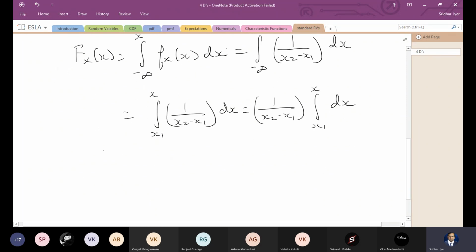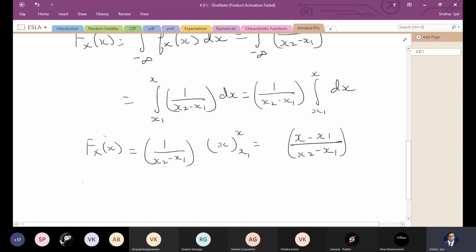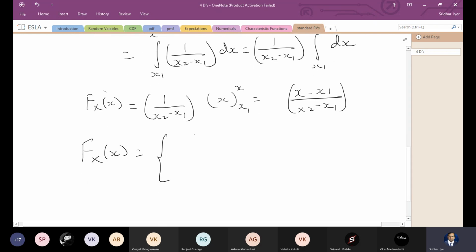Therefore, the integration value that we get is 1 by x2 minus x1, and that integral is just x with limits of x1 to x. Therefore, we'll get the CDF as x minus x1 divided by x2 minus x1. Right? Please understand x2 and x1 are constant values, so they are not part of the integral. Okay. So therefore, finally, the CDF for this uniform random variable is defined as, so there are three values which